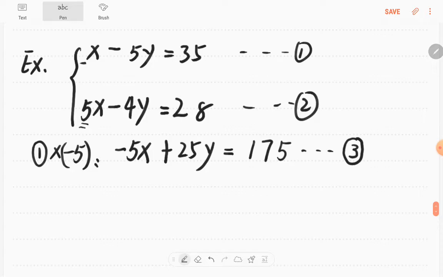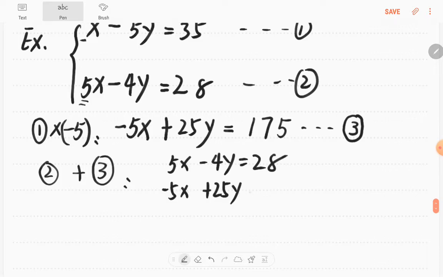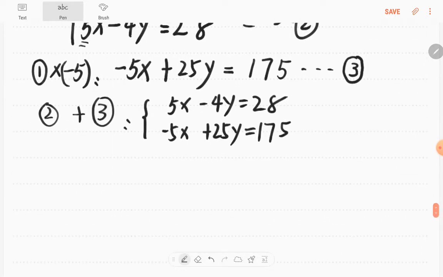So we add these two equations, 2 and 3. We have 5x minus 4y equals 28, which is equation 2, and negative 5x plus 25y equals 175. If you add these together, add them up,